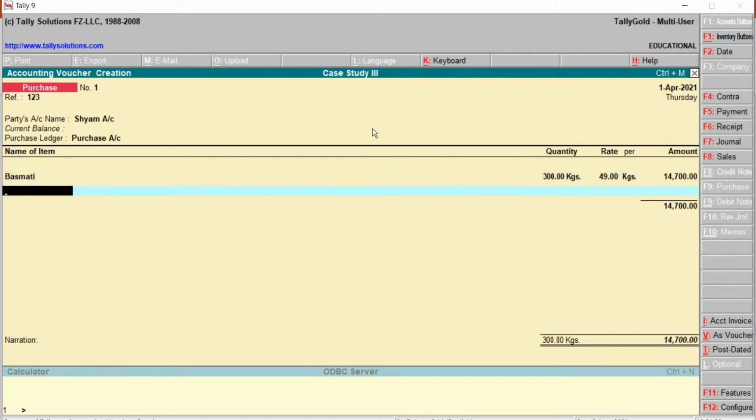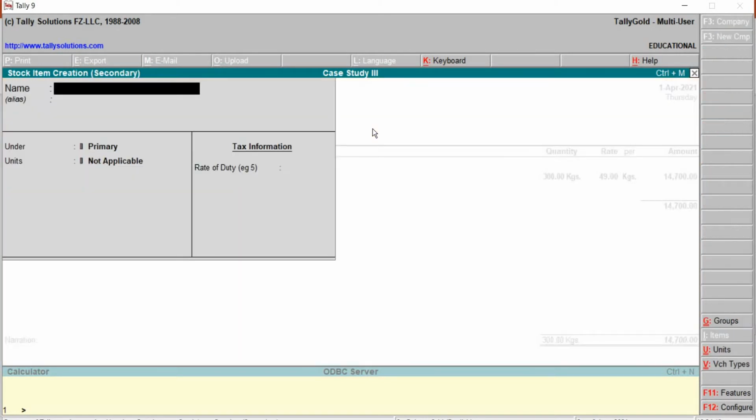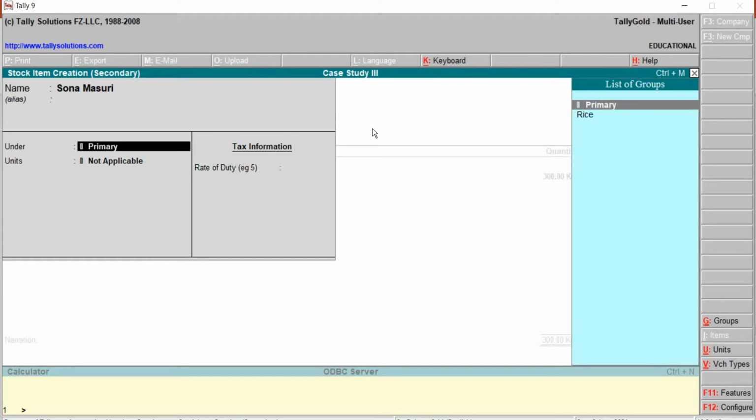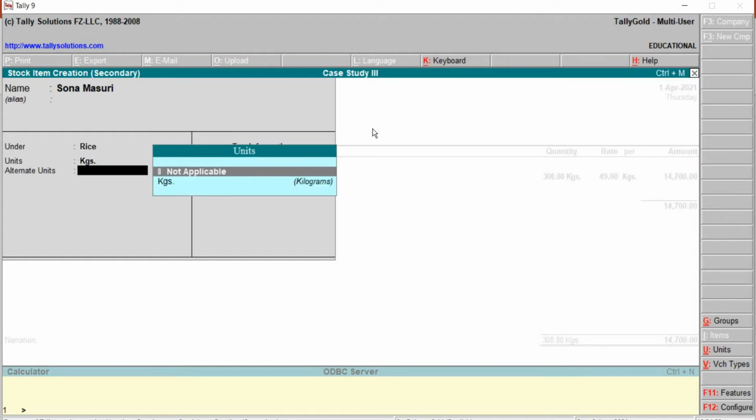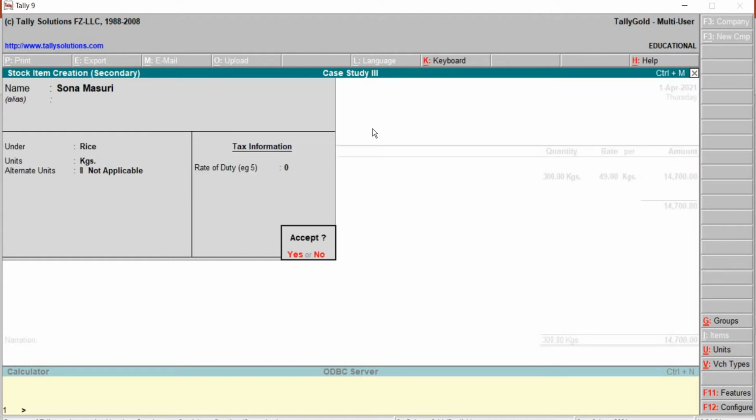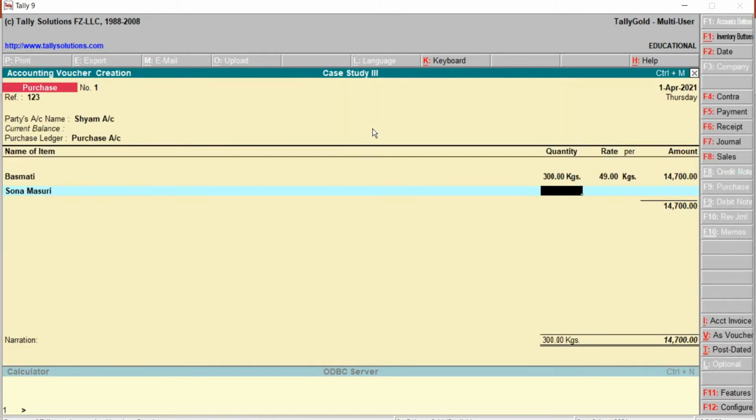Next here we have to go for creating the next one. Alt C to create. Then this will be allocated under the group rice. Kg is not applicable. Then save. Press Y. Quantity is 200.